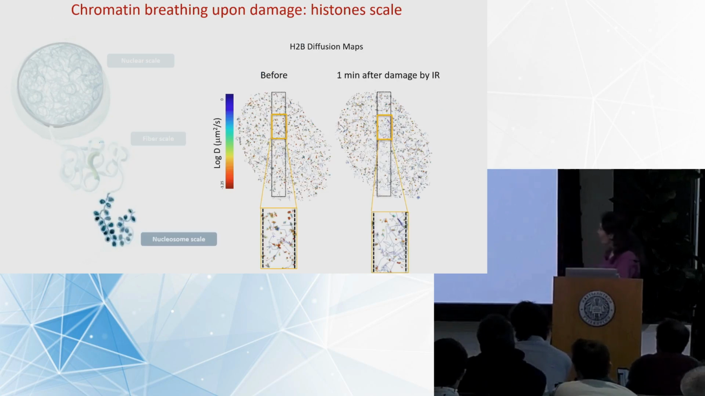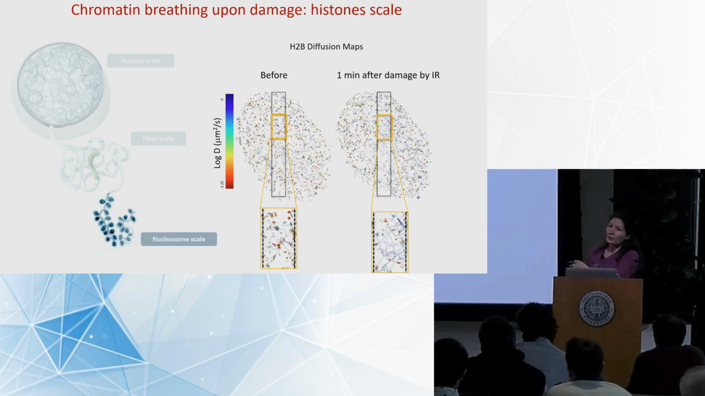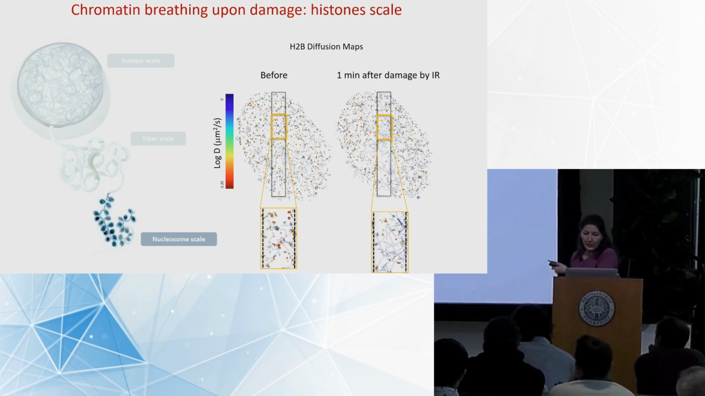And now let's move on to the smaller scale, the nucleosome scale. What we do is perform single particle tracking of histones in live cells after irradiation. The rectangle here shows the irradiation area before damage and 1 minute after damage. We show 1 minute here because it's where everything happens, but we have done it at many different time points after damage. As you can see here, we plotted a diffusion map of the histones H2B with a color. And if we zoom, we can really see that the type of trajectory has changed. So to quantify this,